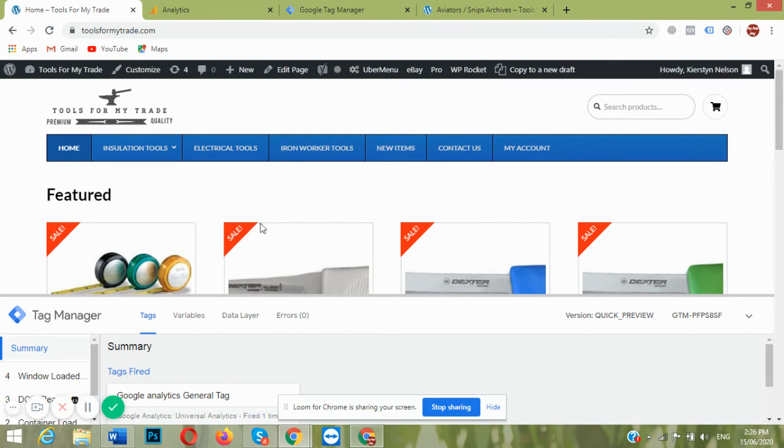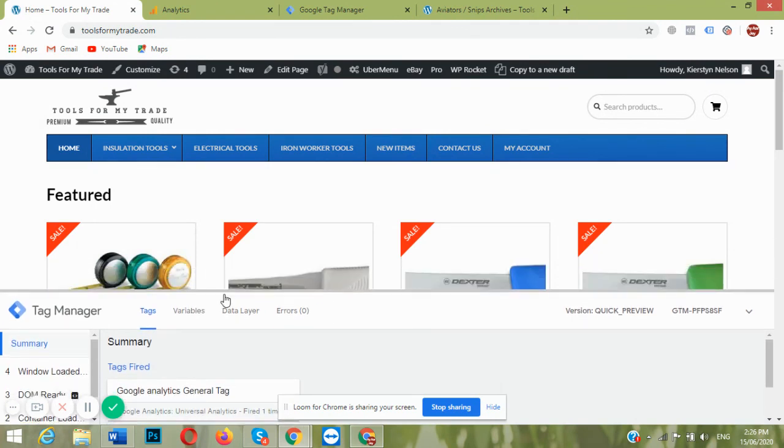Due to preview mode, the Google Tag Manager dashboard is showing here. I just reload the WordPress website and this tag is fired. This means this tag is working correctly.